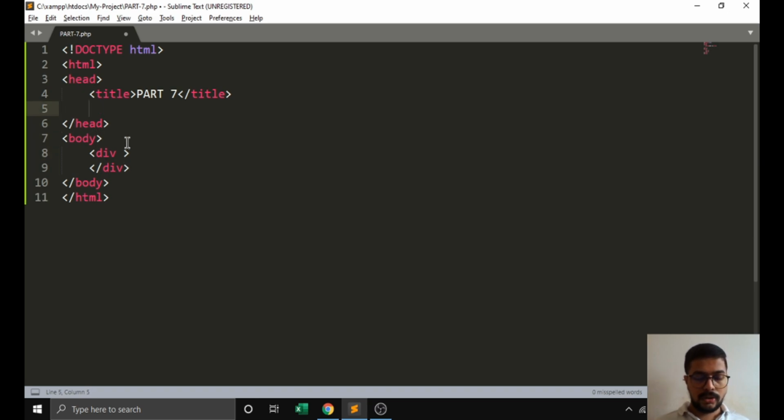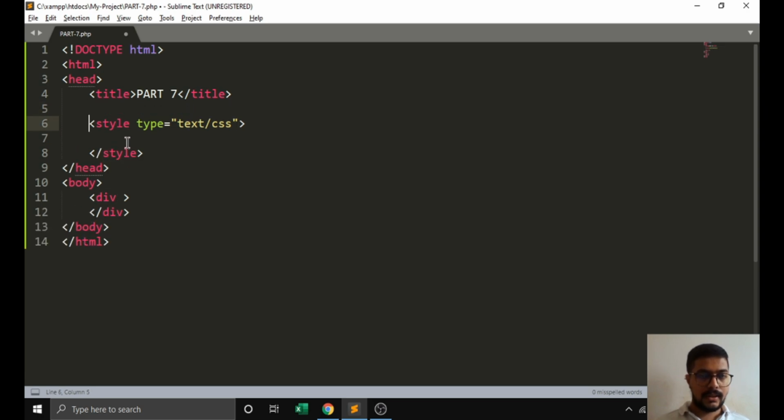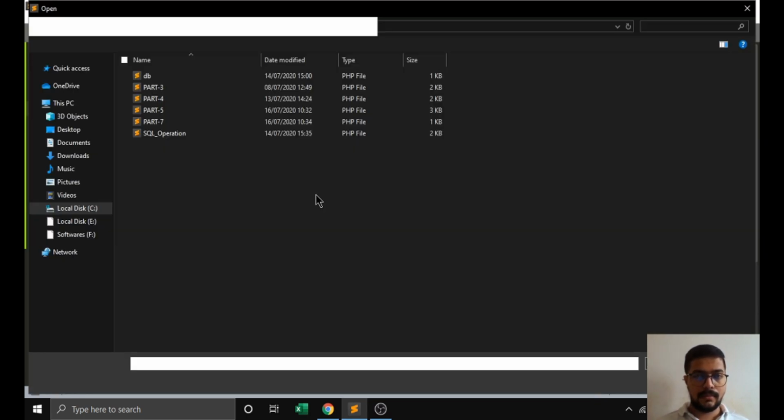We can include a style sheet like this, or we can create a separate style sheet file and link it using the link attribute, passing the style sheet path of our page.